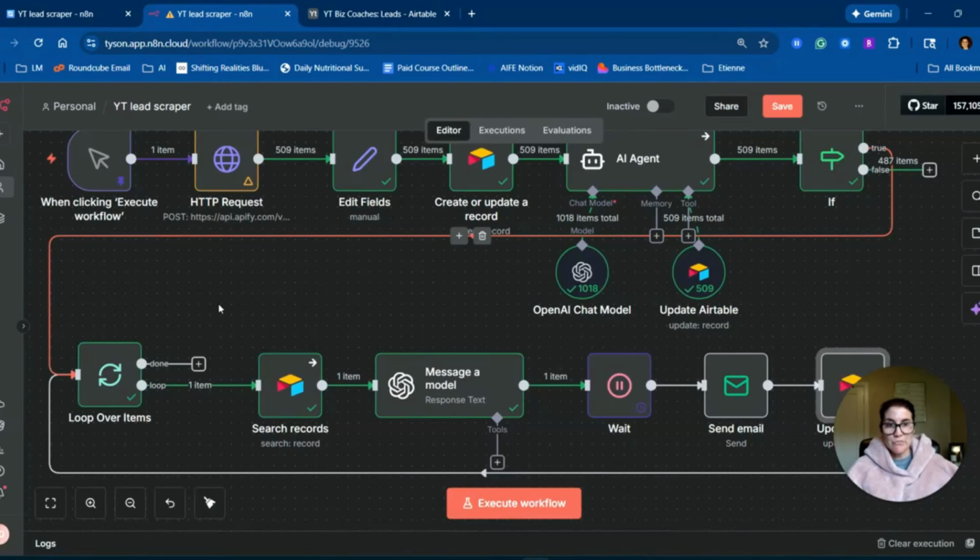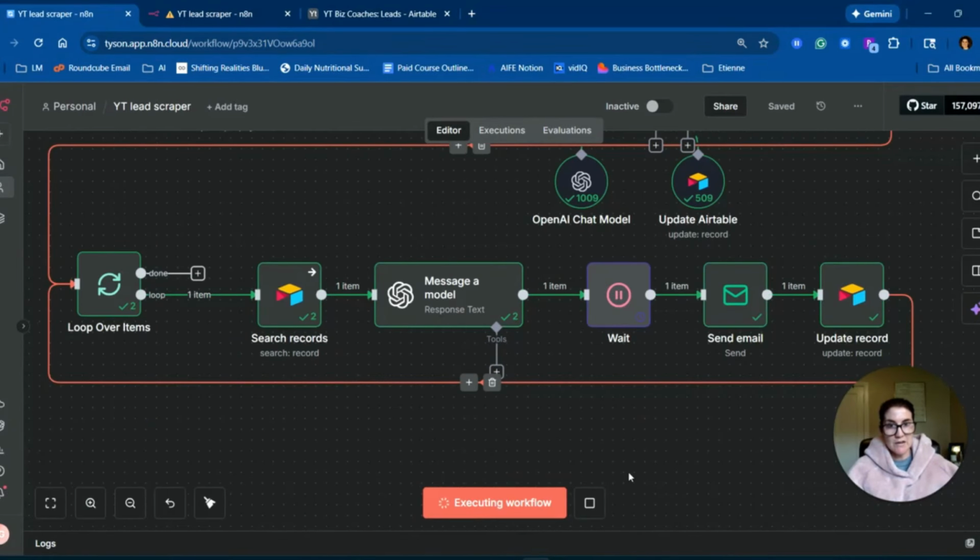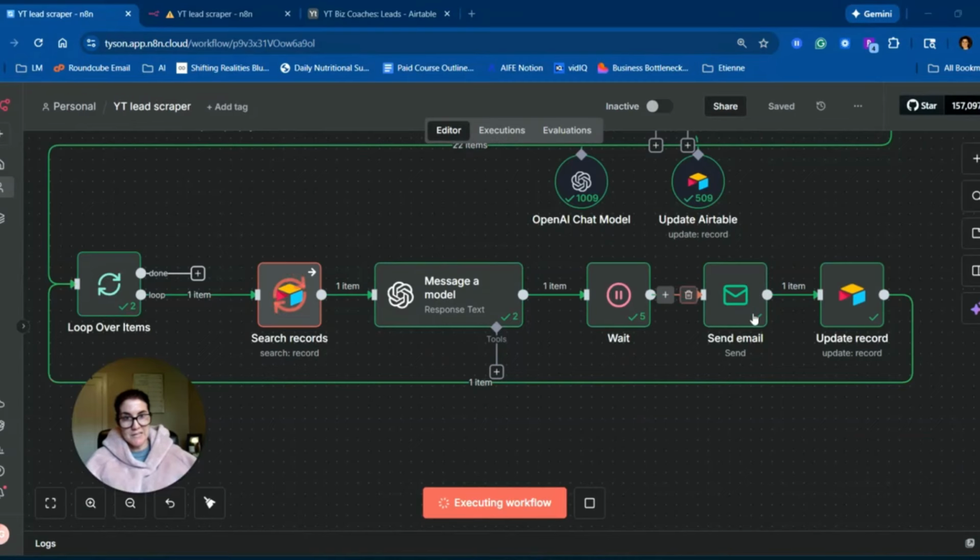All right, let's head back over to our scraper that's actually sending emails right now and see how she's doing. Okay, so she's sent another email. Awesome. Generating another wait step right here. So that's pretty cool. And then let's come back over to our